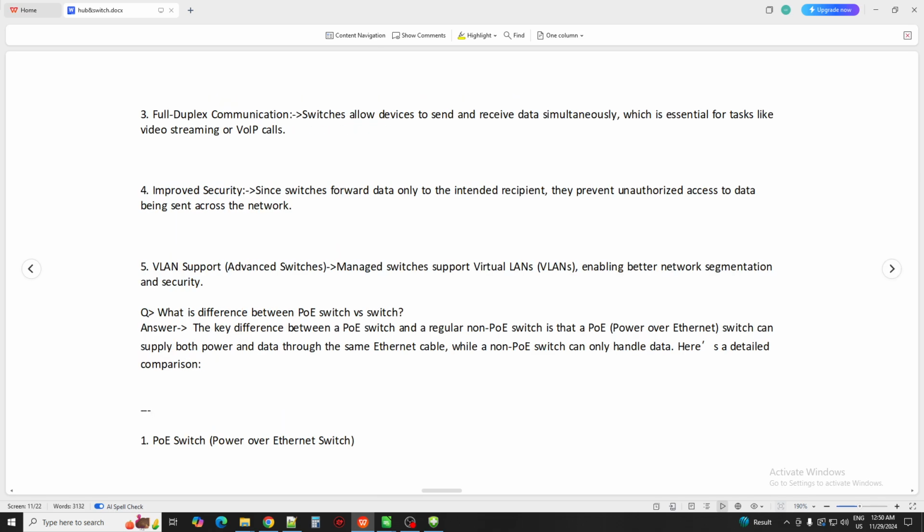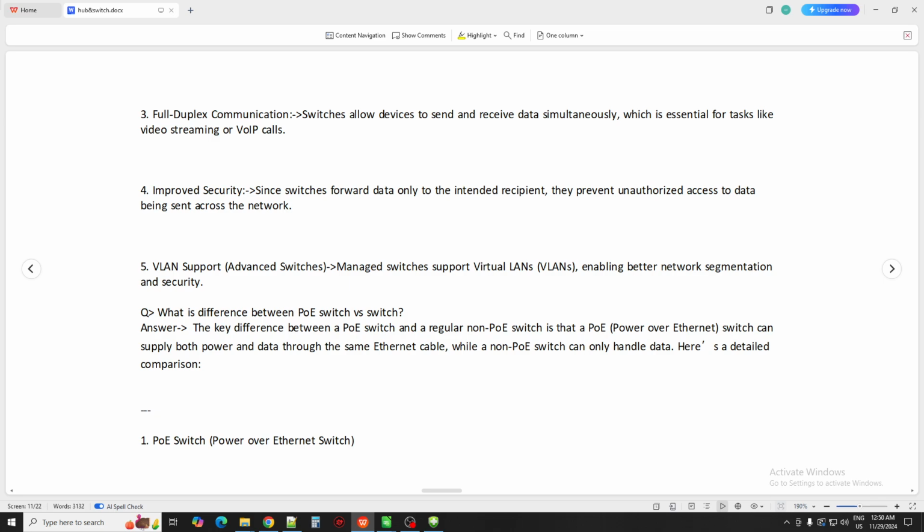Now yeah, there is full duplex communication in a switch, okay. It means a switch allows devices to send and receive data simultaneously, which is essential for tasks like video calling, VoIP calls, etc. So the reason we use a switch rather than a hub is that for video streaming, for calling, for full duplex communication, a switch is a better medium than a hub.